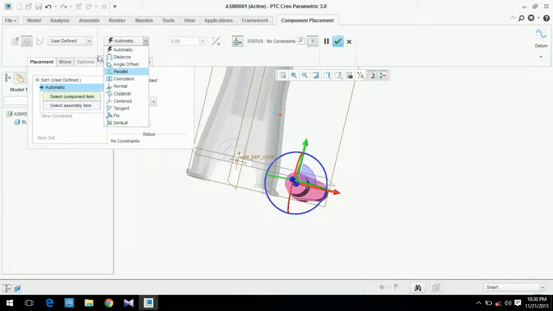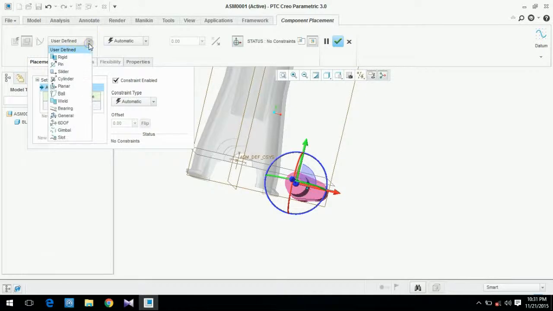If you use a connection instead of a constraint, it will leave at least one degree of freedom. For example, if you want to slide a body, then you will use a connection, not a constraint.